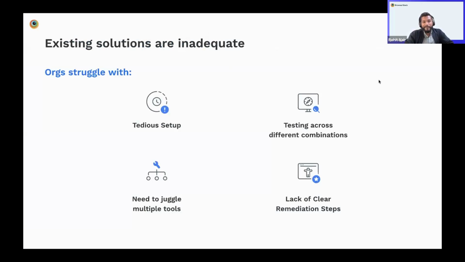I think the biggest problem we came across is that the whole setup for starting accessibility testing, the opportunity cost was pretty high. It's quite a tedious process to get that going. Rob, maybe you want to share your early days with getting started with accessibility. Was that tedious for you, or how was your and the organization's experience with that?